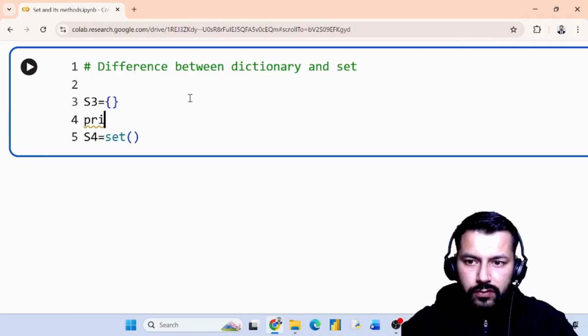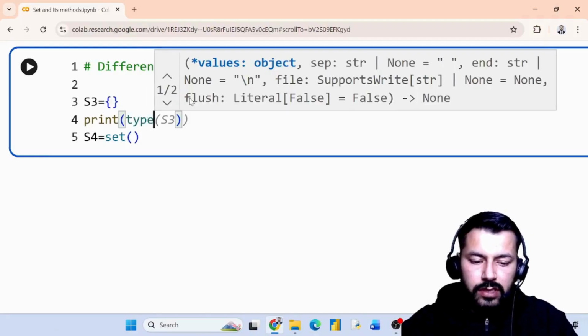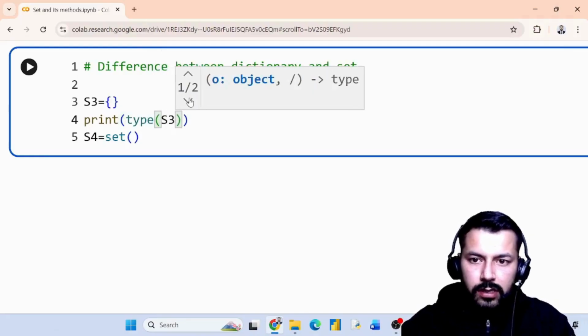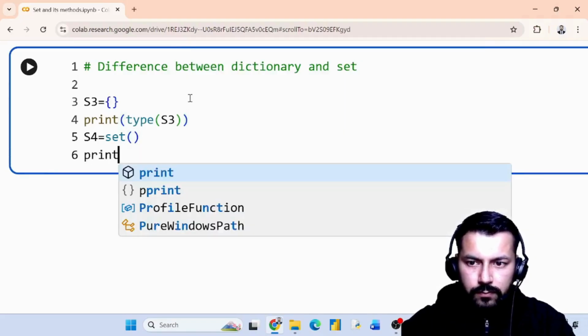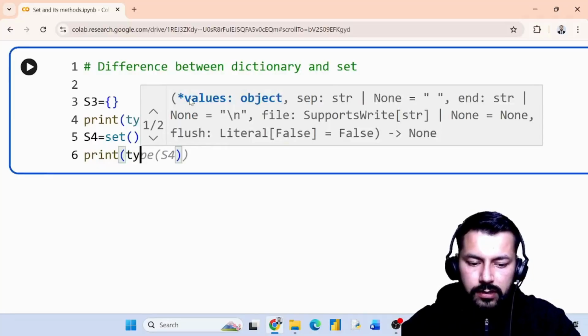Let's use print type here, that is print type s3,